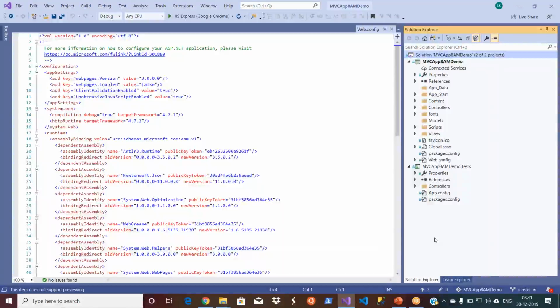That means this is being added, but don't think that this is available on the remote repository, because as I explained, if you are using a distributed version control system, you have two phases. First, you commit this code to your local repository, and then you can push it to the remote repository. These are two phases. You can do these two phases in one go or in two action items. Since I added the solution to source control, you may think that it's been added, but it's not added. Let's go and verify it.